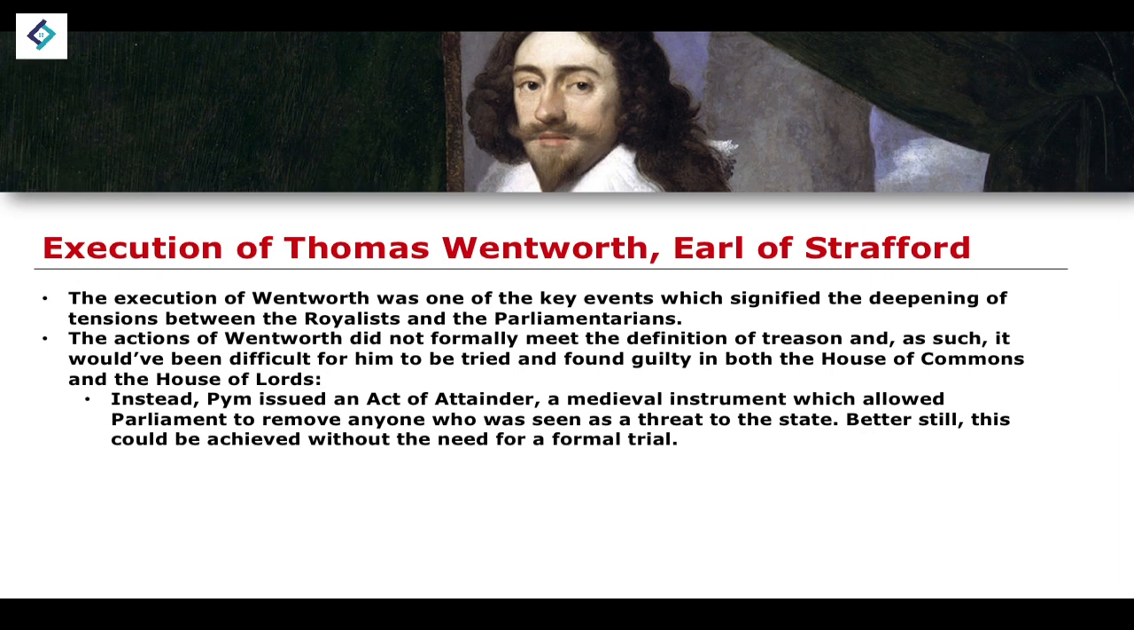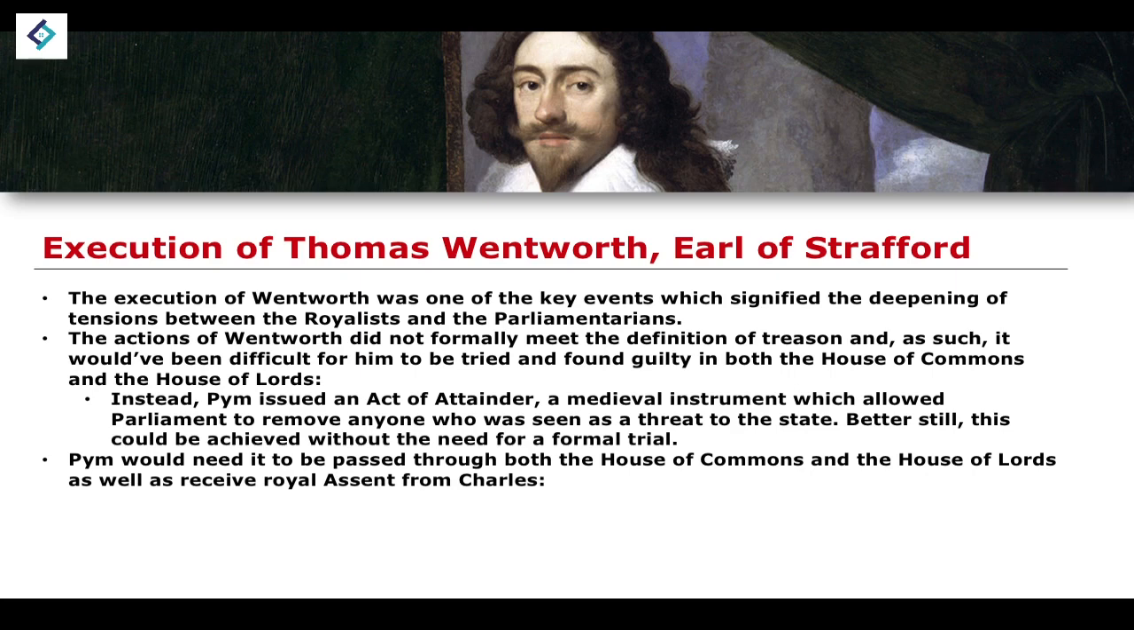What happened? Well, John Pym, who wanted to see Wentworth be executed, issued something known as an Act of Attainder. Now, an Act of Attainder is essentially a medieval instrument. It was used a very long time ago, and it allowed Parliament to remove anyone they saw as a threat to the state. Now, why this was seen as something of a workaround for not being able to meet the formal definition of treason was because it could be achieved without the need